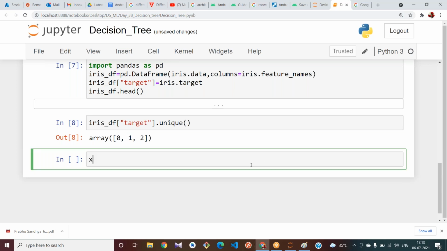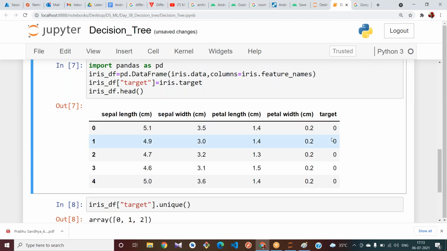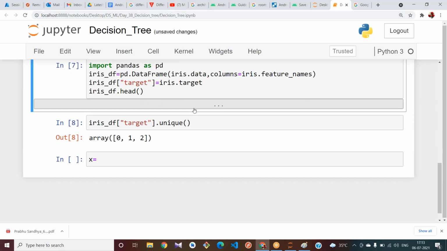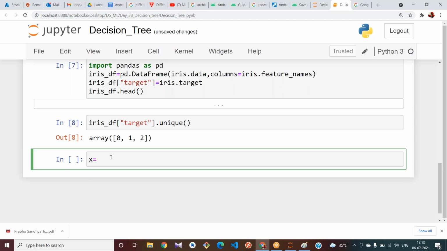Now let us select x and y. Other than the target, I need all the columns here. If you want to take only particular columns out of these 4, you can select only those. If you know the importance of the features, you may select only the important features. Df dot drop of the target, comma axis equal to 1.